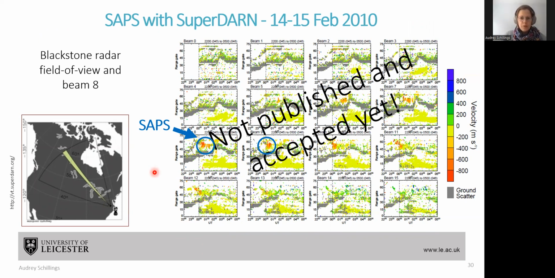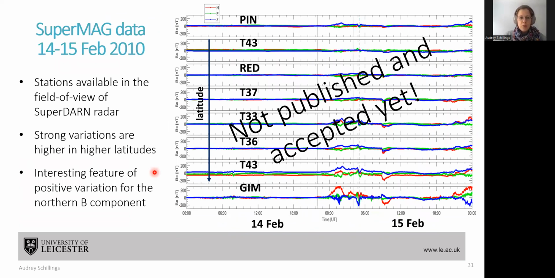Then I also looked at the SuperMAG data. In this case, it's 1 second resolution because it was only 2 days, so it's easier to download because it's day by day. I took most of the stations in the field of view of the Blackstone radar, the radar I just showed you in SuperDARN. You have all the magnetic stations represented from lowest latitude at the top to higher latitude at the bottom. And what we can see is that at the lower latitude, there is not so much